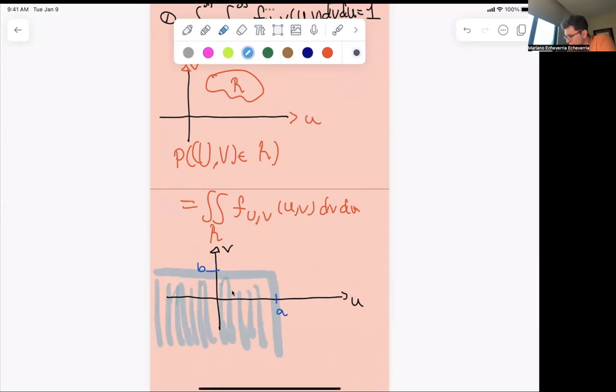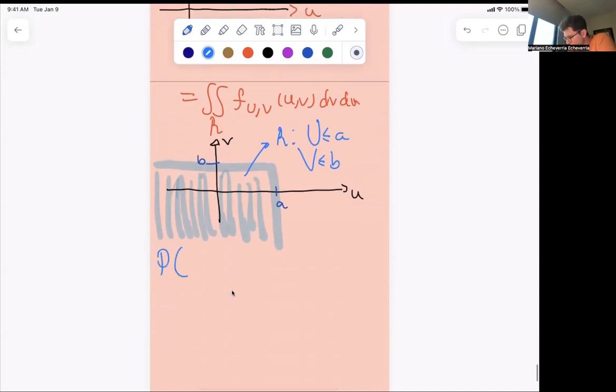My region is going to be the places where the random variable U is less or equal to A and V is less or equal to B. So the probability of U comma V being in this region,